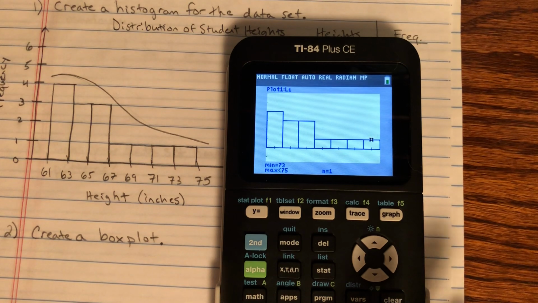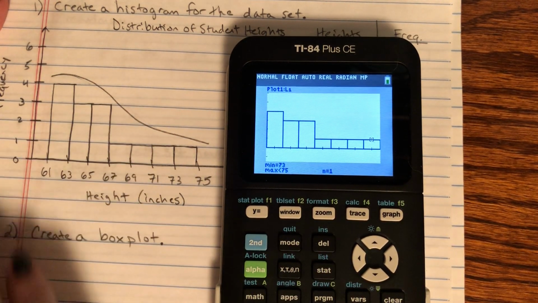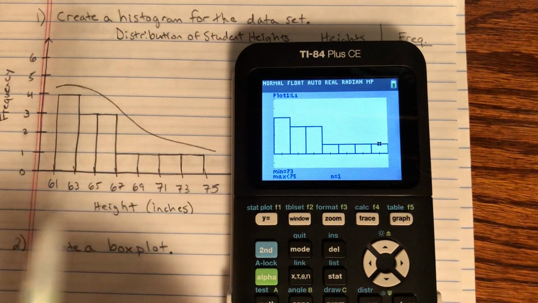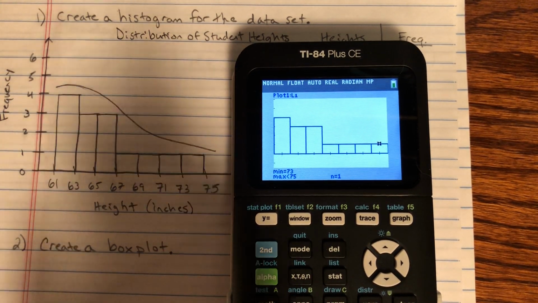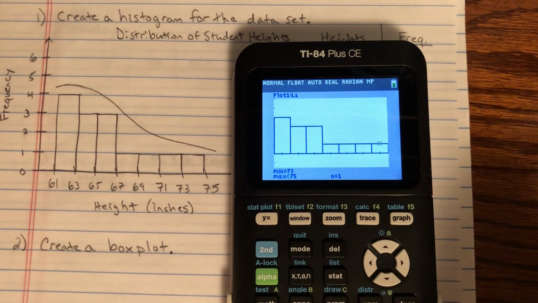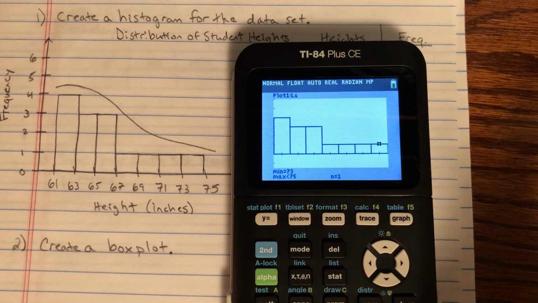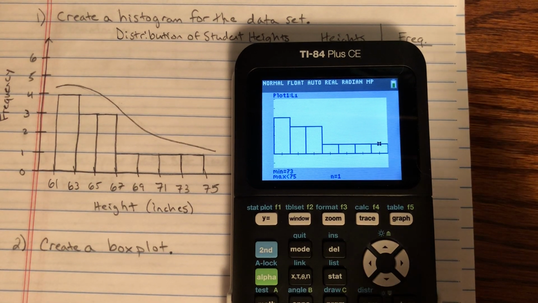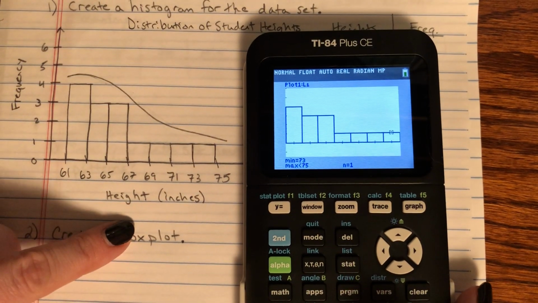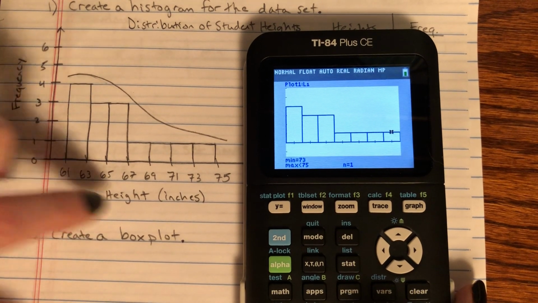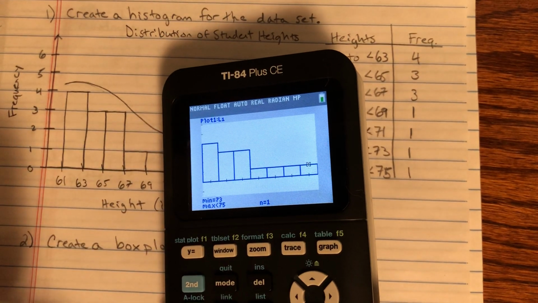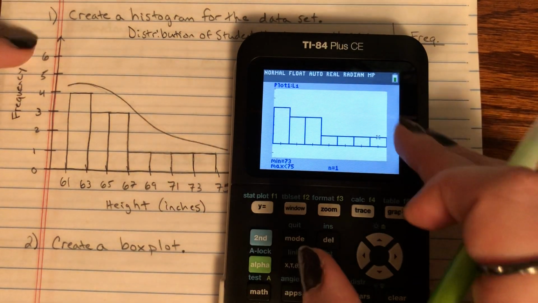Now, if you're working through digital work right now, I highly recommend taking a picture of a graph that you do by hand, copying and pasting that picture into a Google Doc or a Word document that you're working through to be able to get a decent graph into digital format without having to try to learn all of the digital software that you might have to use to actually get a graph like this to show up. It's also a lot easier to actually label your axes properly when it's on paper. Notice there's really no option to type that in here. All right, so this is how you would get your histogram